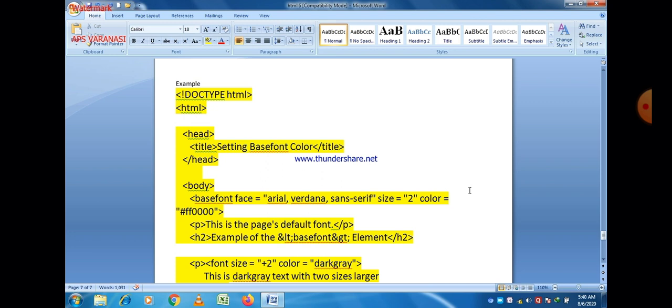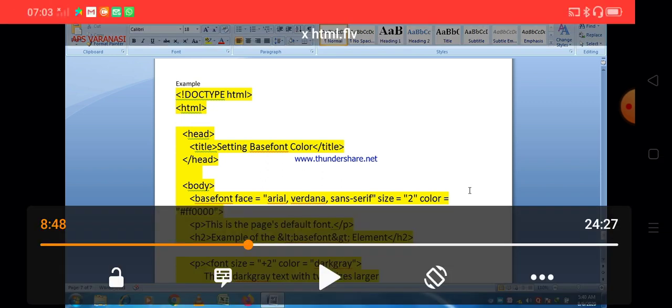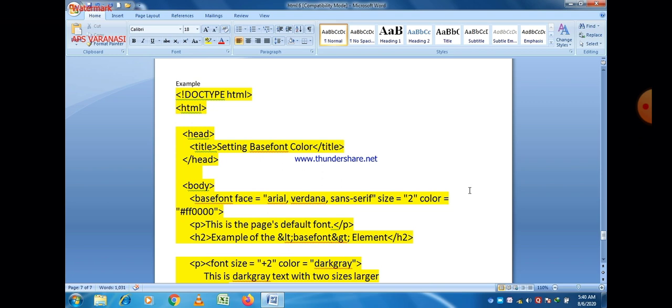So next there is a print statement. This is the page default font, and then an example heading: example of the &lt;basefont&gt; element. Now this is a special character. To print special characters we use an ampersand sign, and lt is used for less than and gt is used for greater than, because these two signs, less than and greater than, are reserved for HTML.